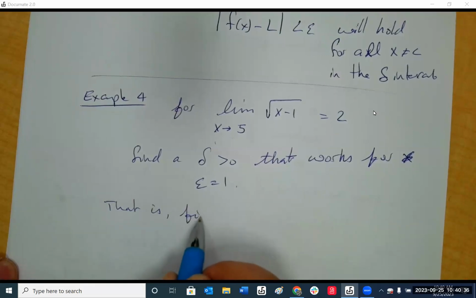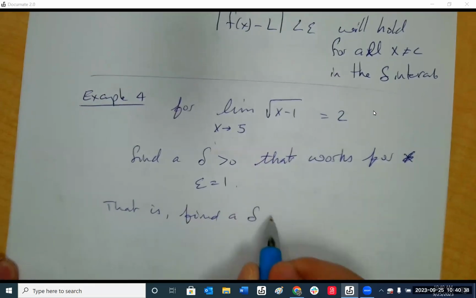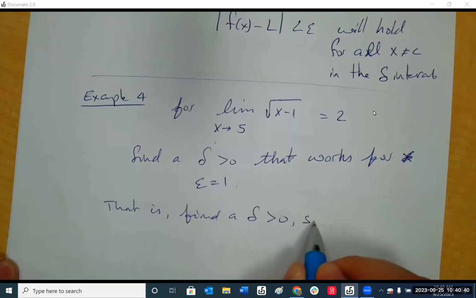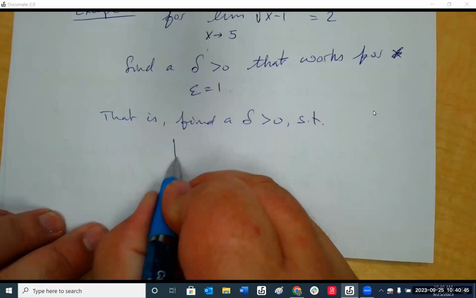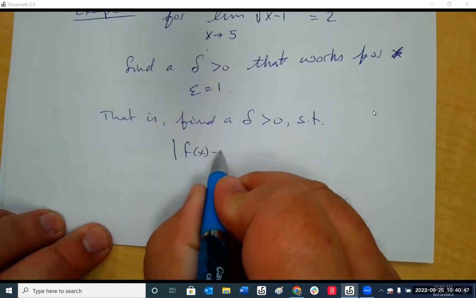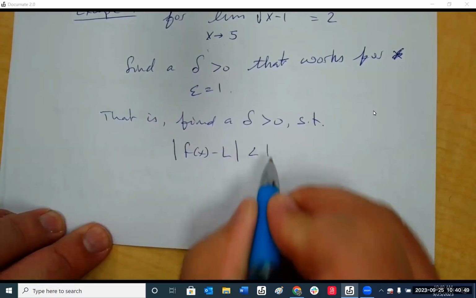That is, find a delta greater than 0 such that |f(x) - L| < 1,